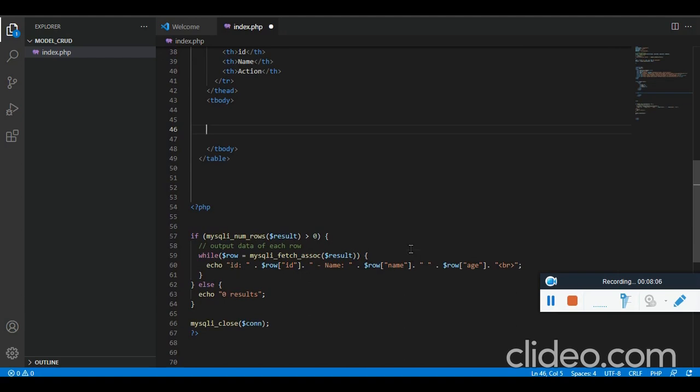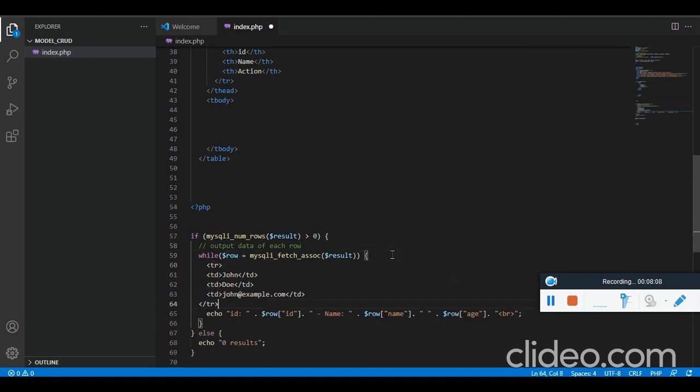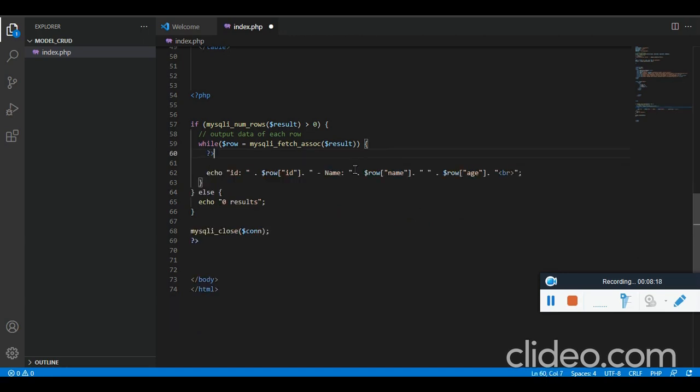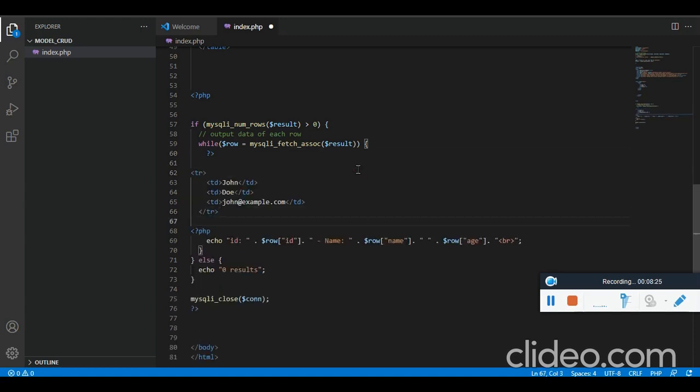So here, instead of this one, we have to make this as HTML. So let's pick this, let's end the PHP, let's start the PHP again. In between the while loop we want HTML, so in place of the text type echo and then have this named index array.